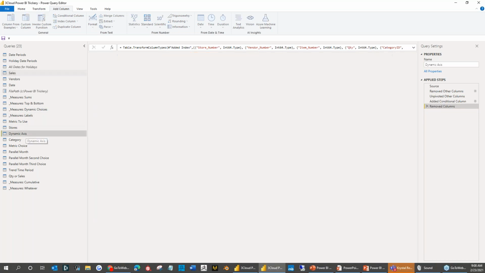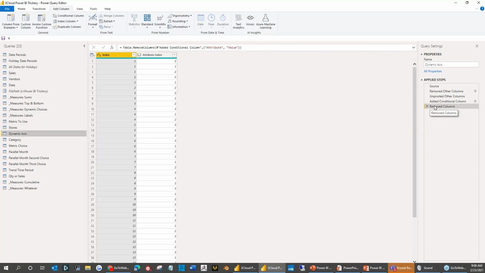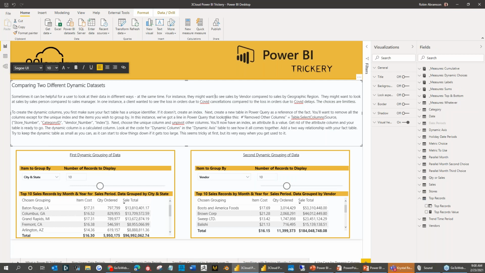So going back to the dynamic table, I then removed the other columns, so now I just have 2 columns. They're both integers. One's the index and one's the attribute index. And again, you'll see I'm still having 3 indexes with 3 different values for each index value. And now when we go back to the main table,